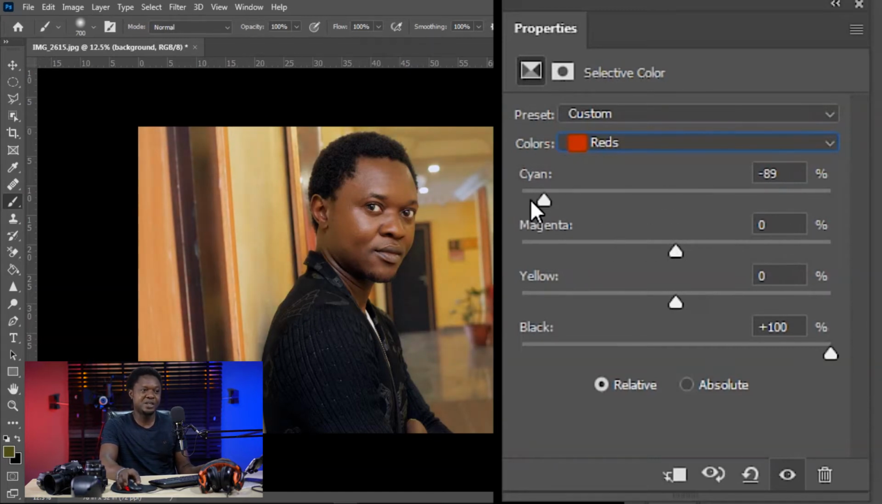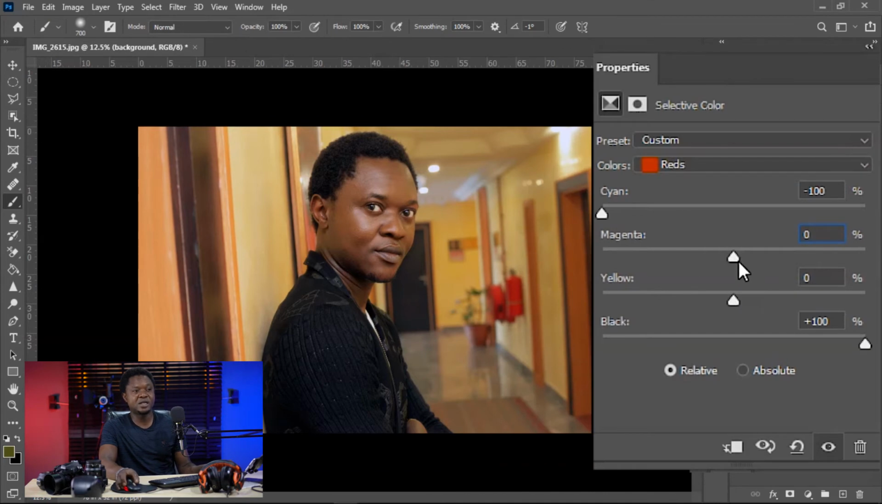So as we are pulling it down now, we are pulling it to red to make the background reddish. So we'll have it like this. Then we'll go to magenta. If you pull it up, that means you are adding magenta. But if you pull it down, that means you are adding green. Understand? Okay, so we are pulling it up now to get this red feel that we are looking for, because we are looking for a very warm